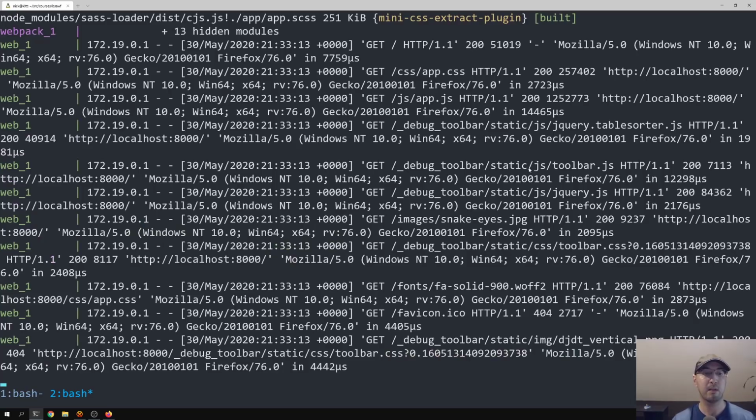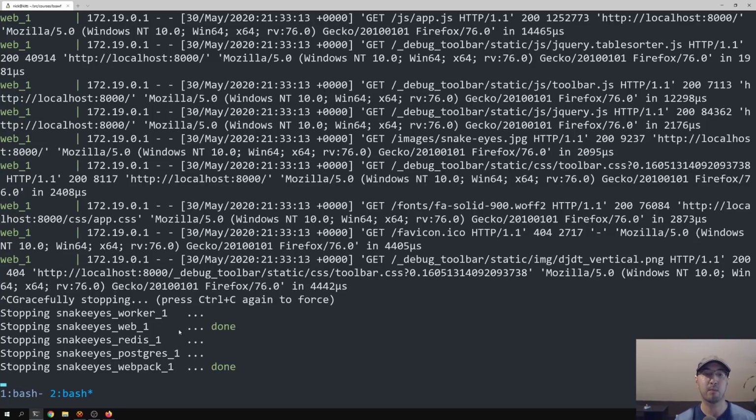Now, let me just close this out here. And this is the beauty of Docker. We're done working on the project and it's done. So if I had another project with different dependencies and versions or whatever, I can just Docker Compose up that and it works. So now let's talk a little bit about installing and configuring Docker Desktop to work